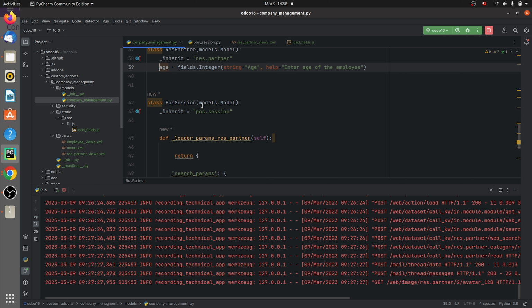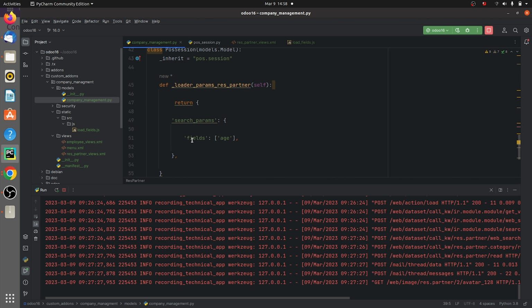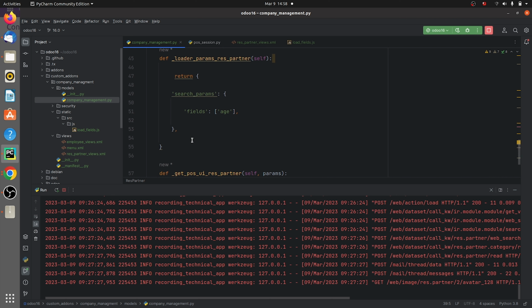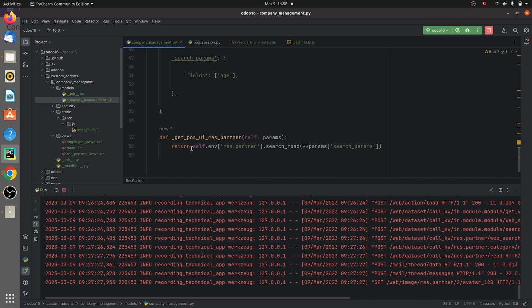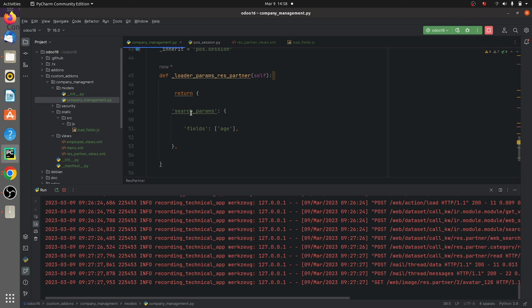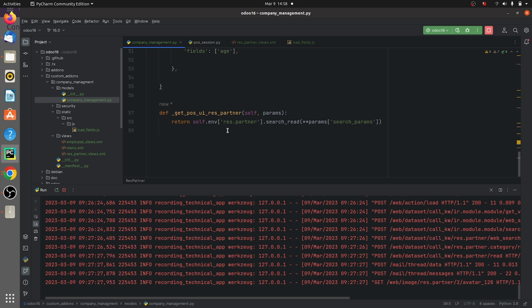So for that, you need to define a new class and you need to inherit the model pos.session. After inheriting pos.session, here you have the function where you need to give the return. As you have seen here, you have given the field as the return for the function, and down here you can see another function that is get pos ui